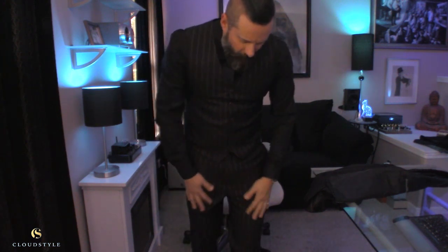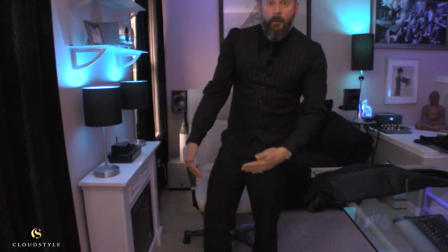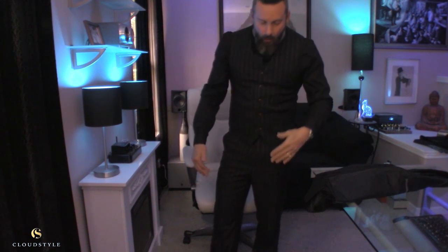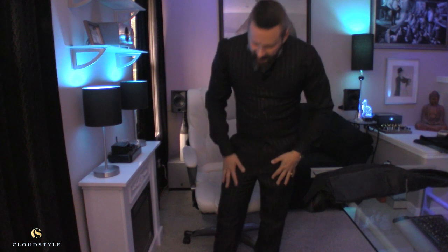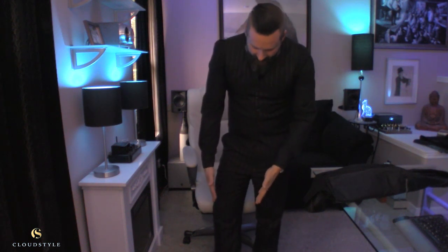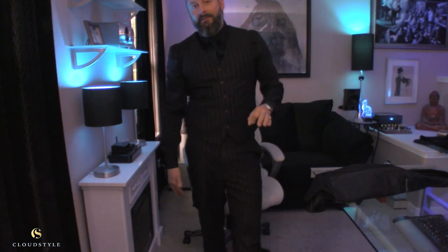But overall, the quality for $97 is fantastic. One thing you can't see in the video, and the one complaint that I have with all suits, or many suits, is they always have more of a tapered pant leg. And I'm a boot guy. I think that cowboy boots look fantastic with anything, but with certain tapered leg pants like this, I think,